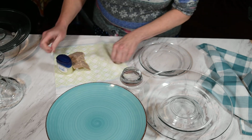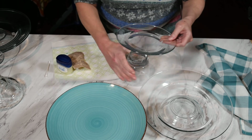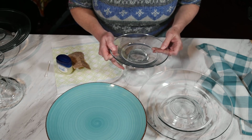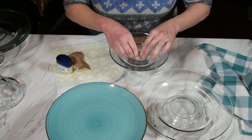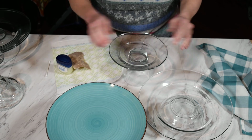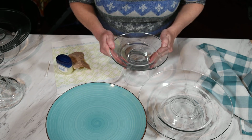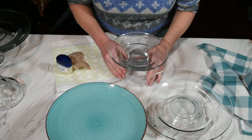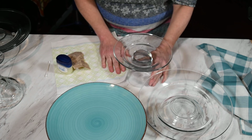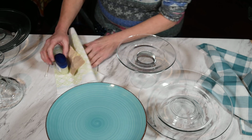So we're going to move those out of the way. And now we're going to add this plate. You want to be careful to center it. And you can kind of see the glue moving around, but it's going to dry clear. And so it gives you just a second to make any adjustments if you need to. And then you want to let this dry for 24 to 48 hours. And we are going to now go ahead and make